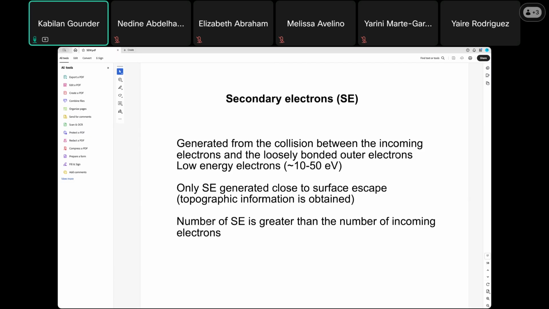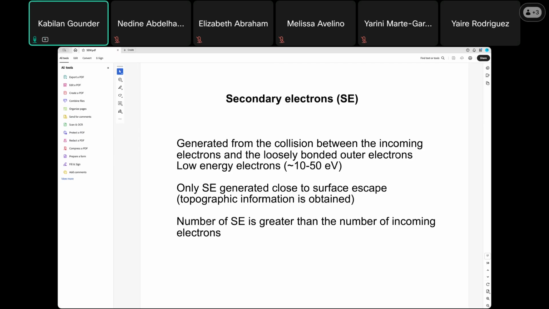Secondary electrons are generated from the collision between the incoming electrons and the loosely bonded outer electrons. So these are always called low energy electrons. The secondary electrons generated close to the surface escape, and that is how you get topographic information. The number of secondary electrons is greater than the